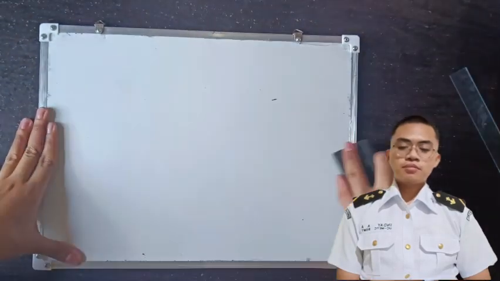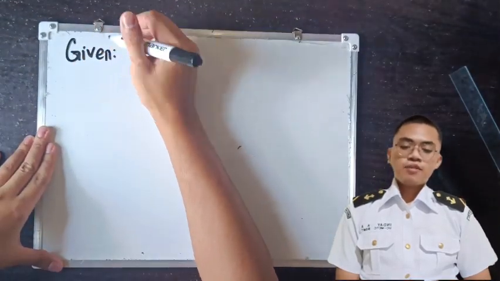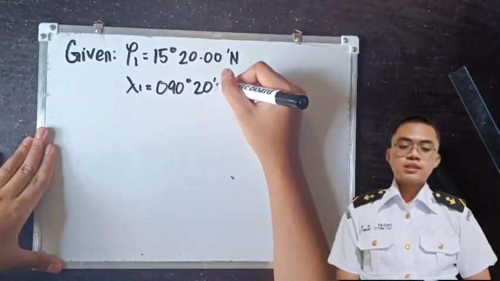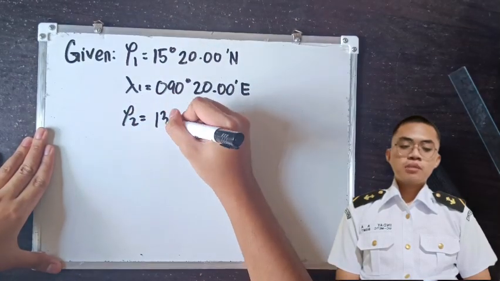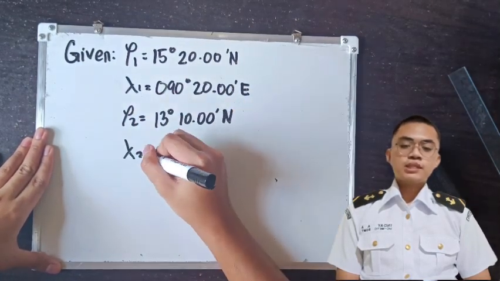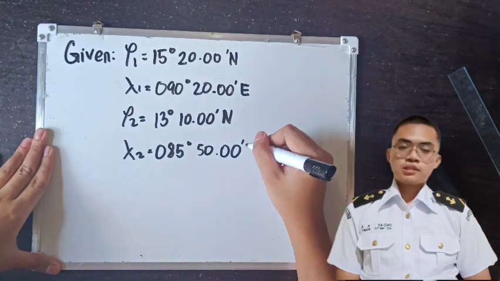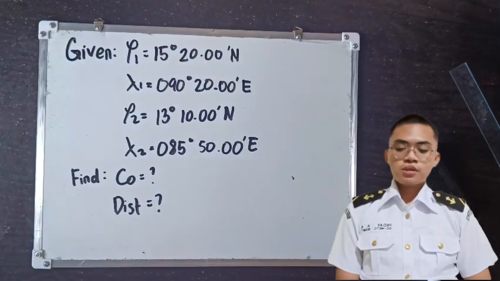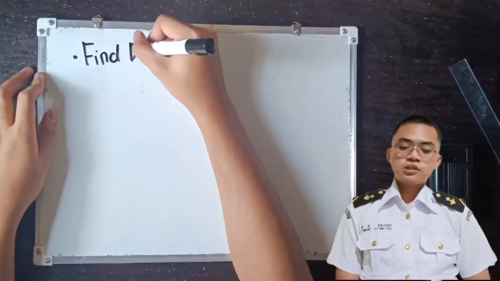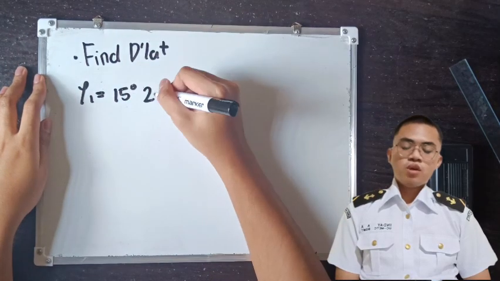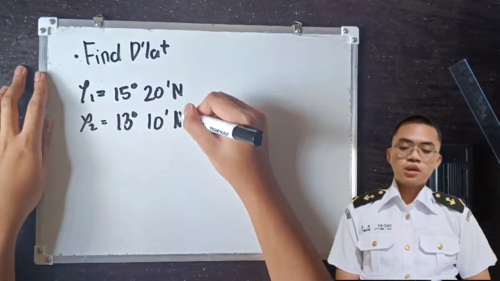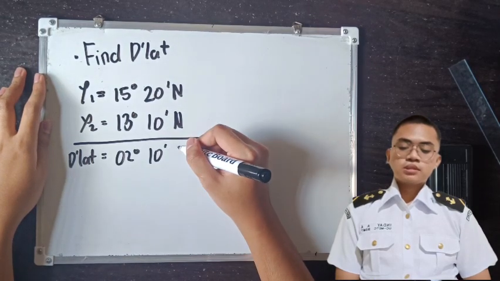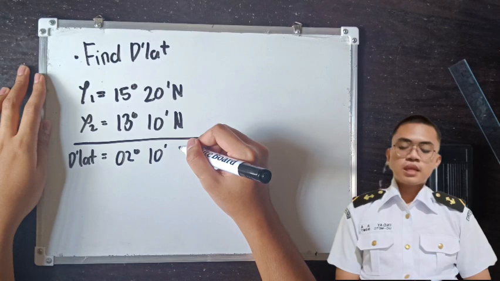For example, a vessel departed from 15 degrees 20 minutes north, 90 degrees 20 minutes east, and arrived at 13 degrees 10 minutes north, 85 degrees 50 minutes east. Determine the course and distance. First, we must find the d-lat. We can obtain this by subtracting both the latitudes since they are both in the same hemisphere. We have 15 degrees 20 minutes north minus 13 degrees 10 minutes north, which is 2 degrees 10 minutes south, or